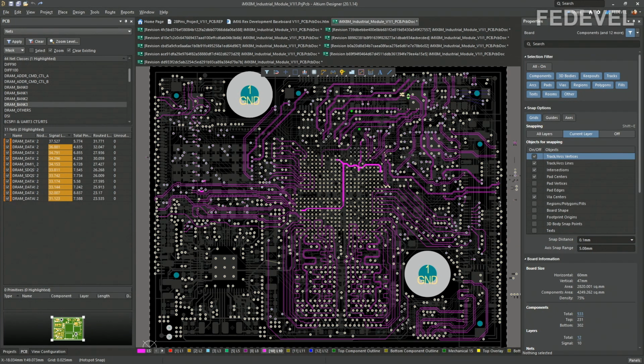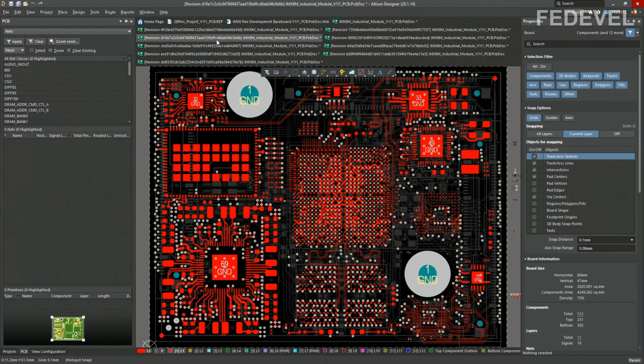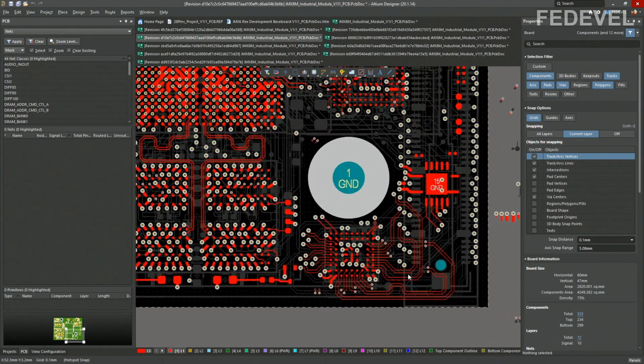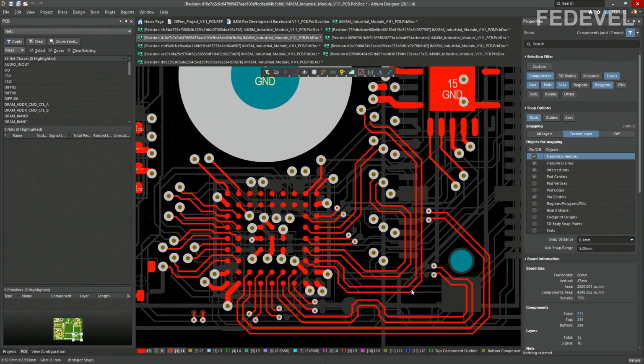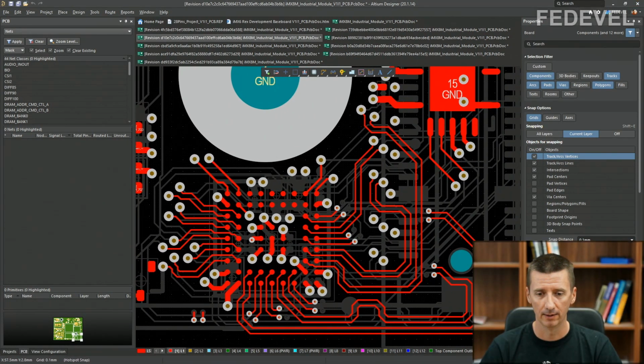And since we mentioned how important the space between the tracks is, I would like to show you something else. Have a look how close these differential pairs are routed.